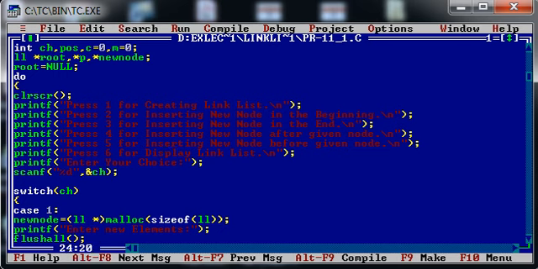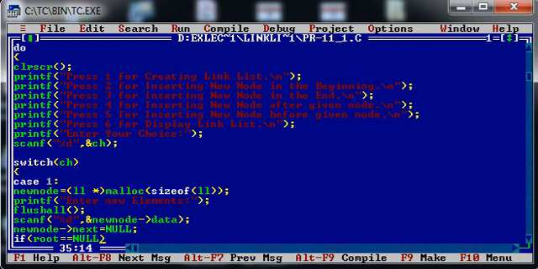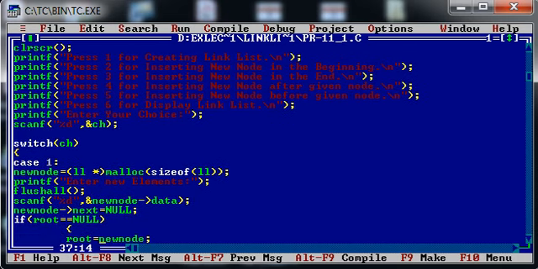Then whatever choice the user provides to my program will be stored in this variable called ch. Let us try to understand this menu driven program with one by one switch case iteration.